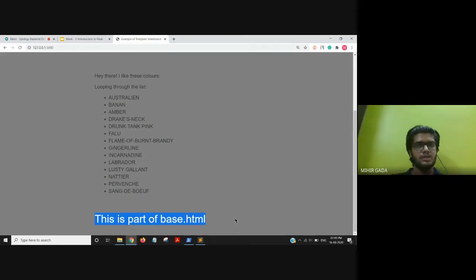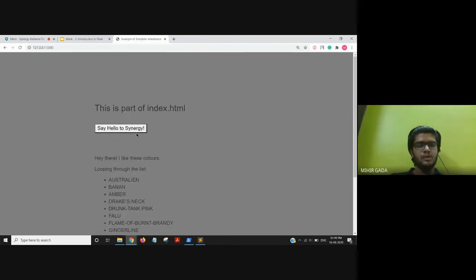With the help of Jinja, I just write this code in one file, and I will add a single line of code which will automatically display the header and footer in all the web pages wherever I use those links.